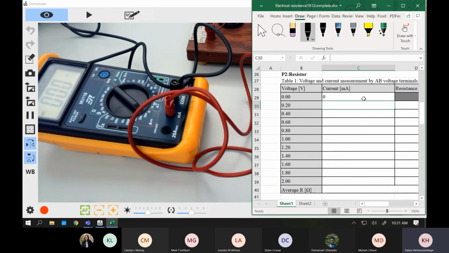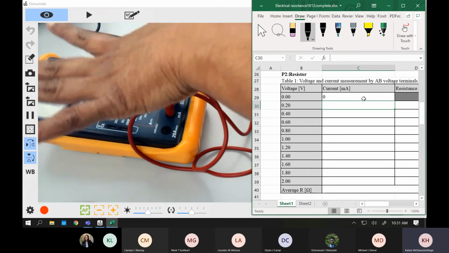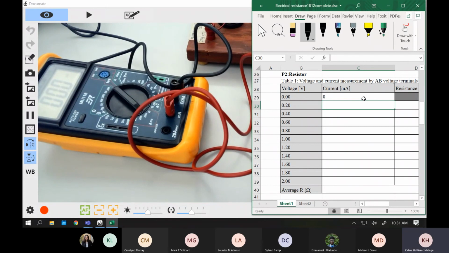Okay. So now what we're going to do is produce the 0.2, but what we are watching is the voltmeter. You have a reading on your power supply, but that does not give you the correct answer, right? We're going to check the voltmeter. Now keep track of which one is the voltmeter and which one is your ammeter. The ammeter is in the circuit, the voltmeter is outside, right? So now we're going to change the voltage to 0.2. Sometimes 0.2 may not be possible. In that case, you can change the numbers in the table. So we're going to increase it until you see 0.2.